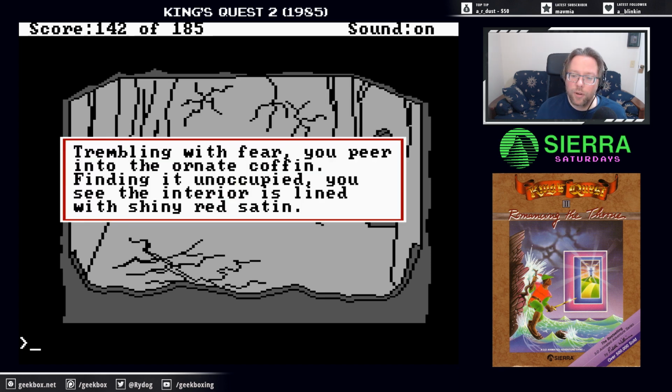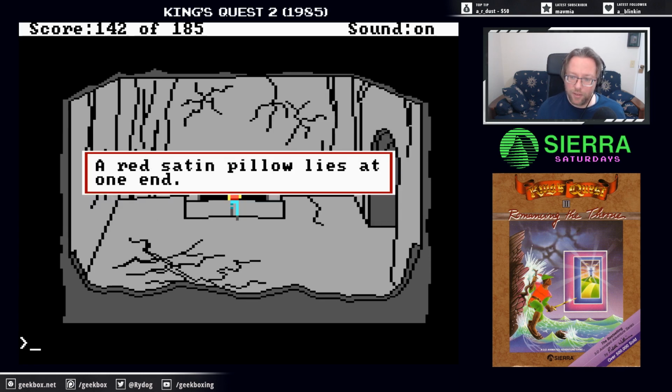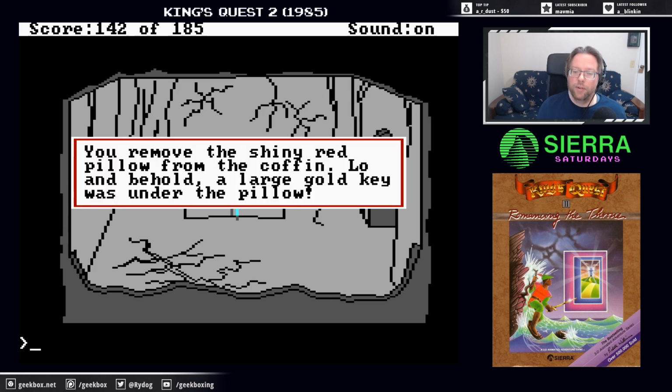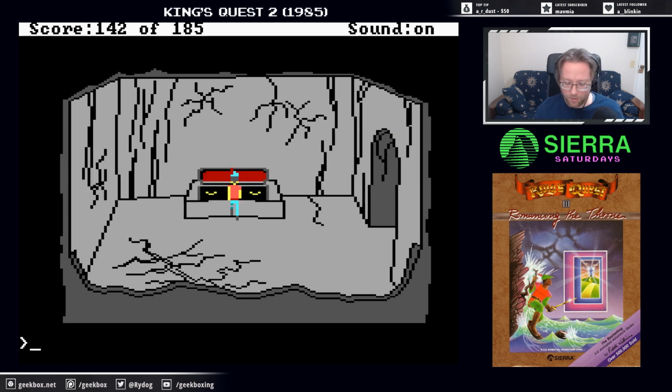Oops. Trembling fear, you fear. Why are you trembling with fear? You just murdered the guy. You peer into the ornate coffin. Finding it unoccupied, you see the interior is lined with shiny red satin. A red satin pillow lies at one end. We take the pillow. You remove the shiny red pillow from the coffin. Lo and behold, a large gold key was hidden under the pillow. So now we take that key, and then